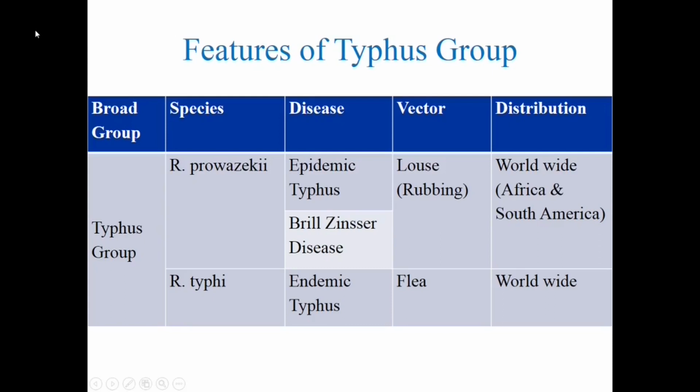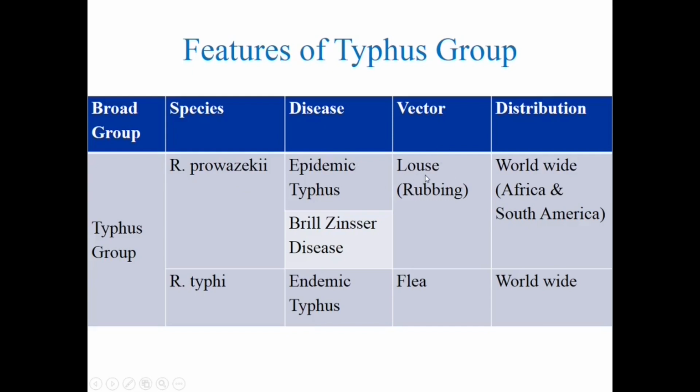Now, like in the beginning, I have said you can divide them roughly into the typhus group and the spotted group. In the typhus group, we have diseases like epidemic typhus, its late complication called Brill-Zinsser disease, endemic typhus, and of course we have scrub typhus. Scrub typhus is common in many parts of India, and that I'll also show you in the next slide. They are all put together as a typhus group. So Rickettsia prowazekii is the bacteria which causes epidemic typhus,